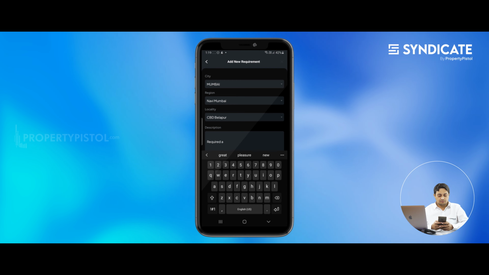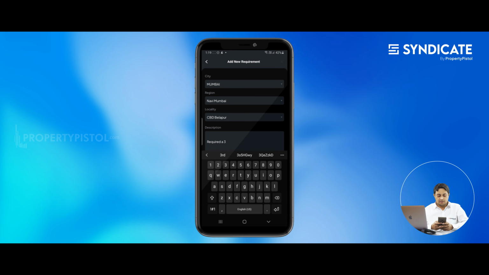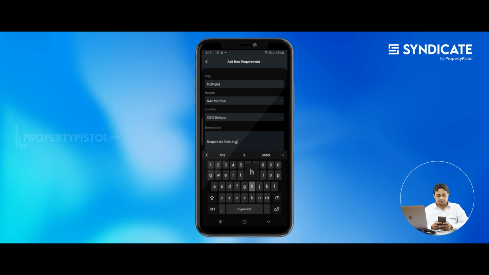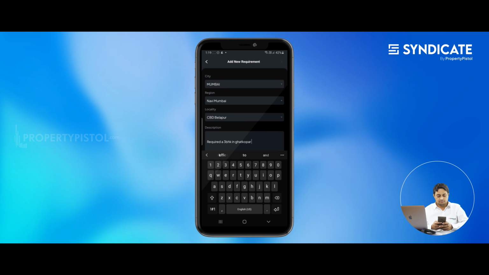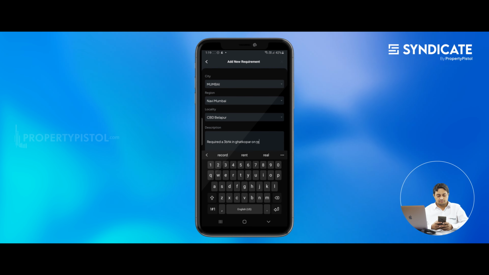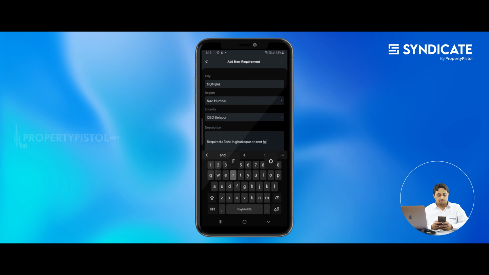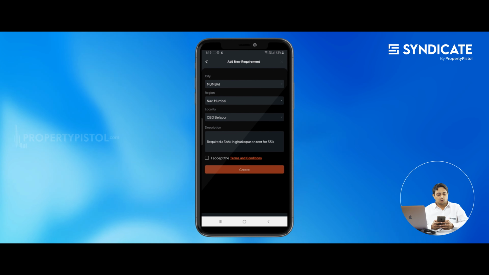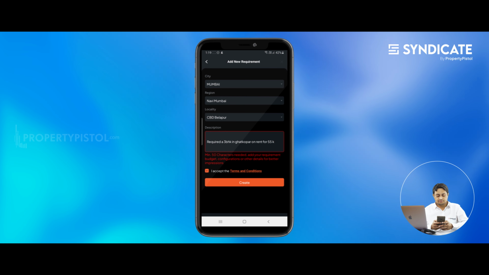Required 3 BHK in rent for 55k. So what I've done is I have posted my requirement.